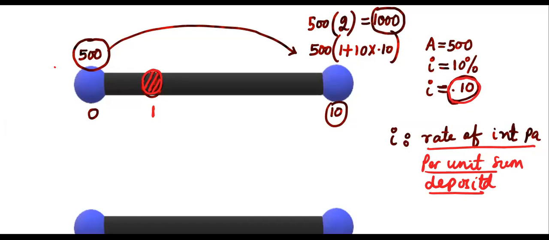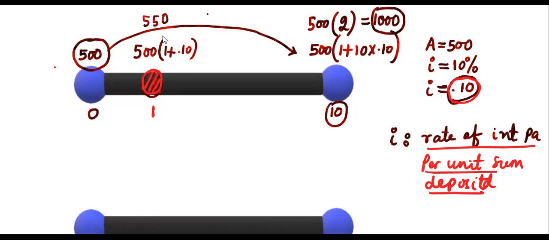We don't write 10 by 100. Forget that arithmetic formula. That's no more required here. So write this way. After 1 year, if you deposit 1, you get 10 paisa. If you deposit 100, you get 100 into 10 paisa. That way it will continue. We deposited 500. So for that, your money after 1 year will be 500 multiplied by 1 plus, see, this is for 10 years. For 1 year, n will be 1 here. So 1.10. That is